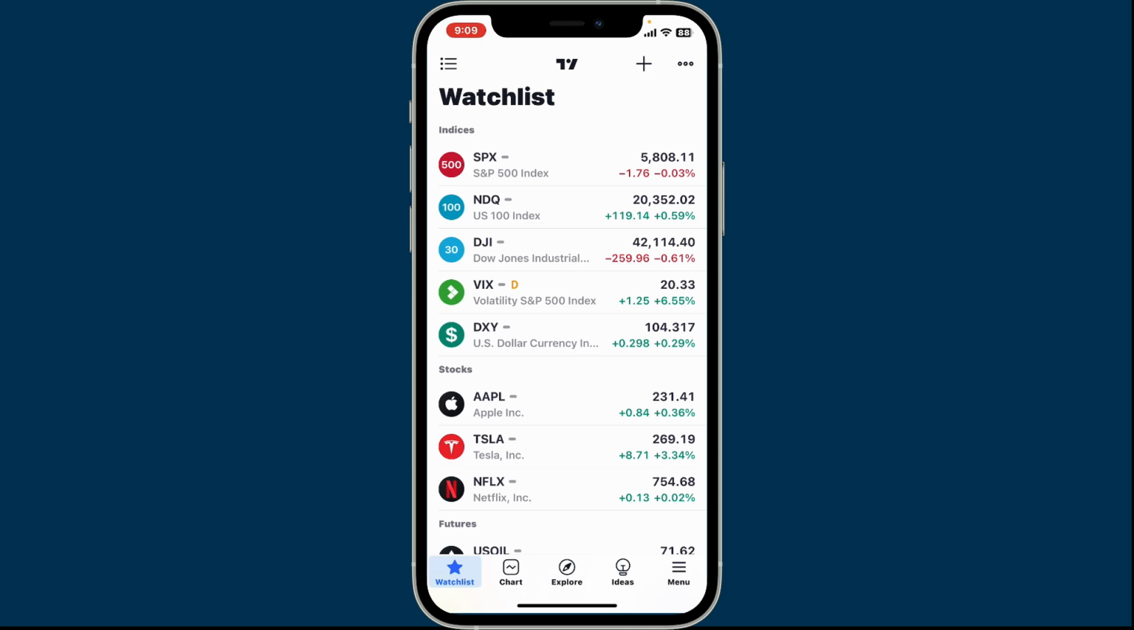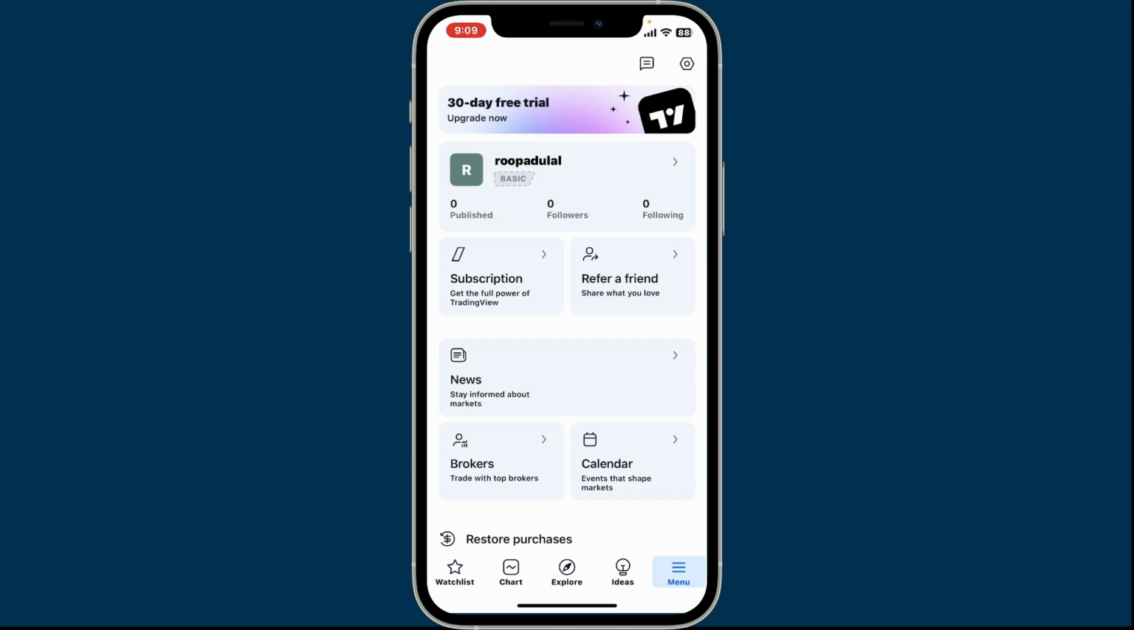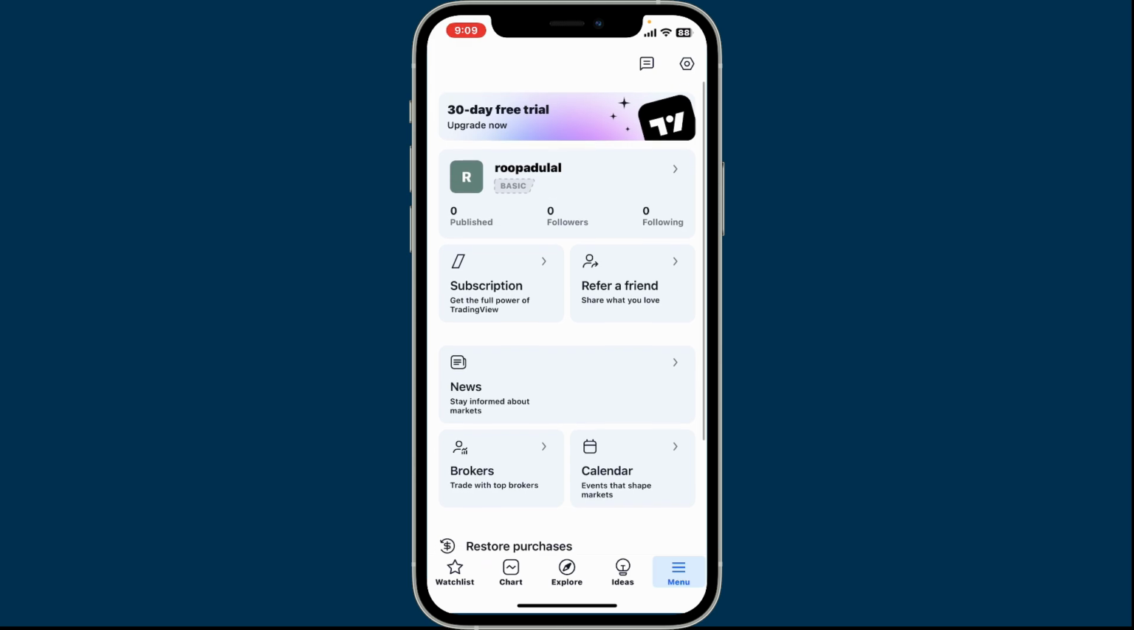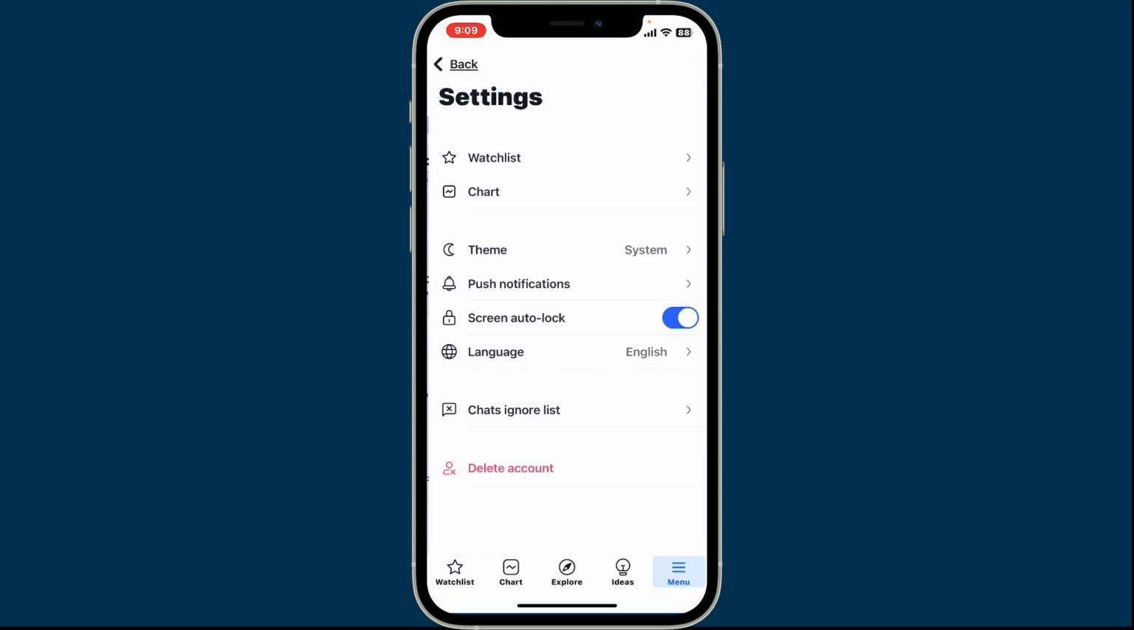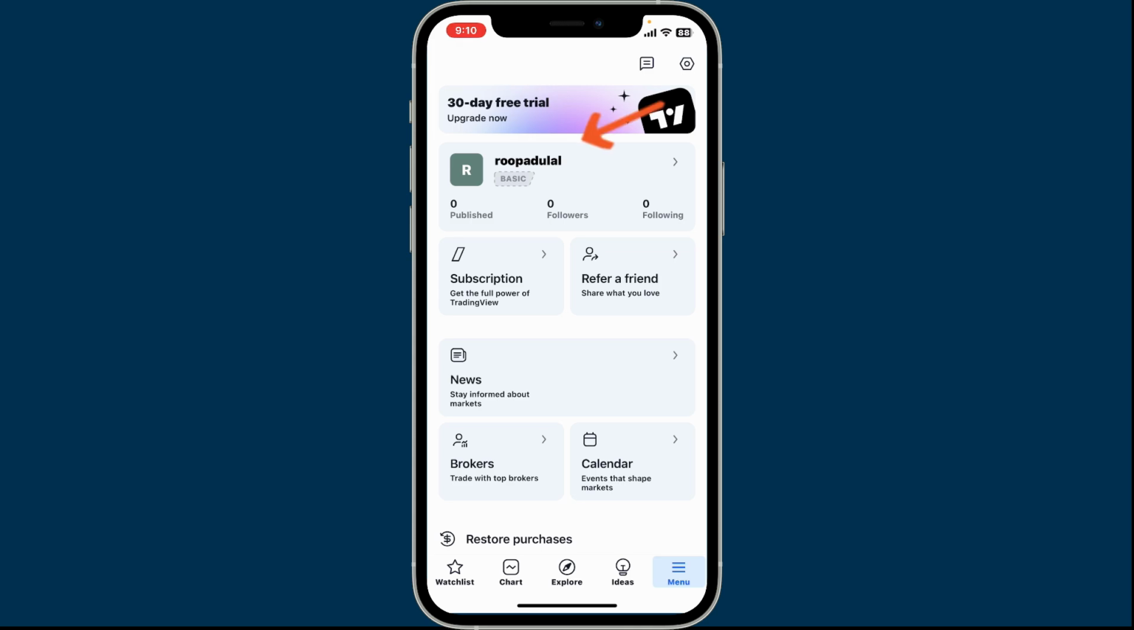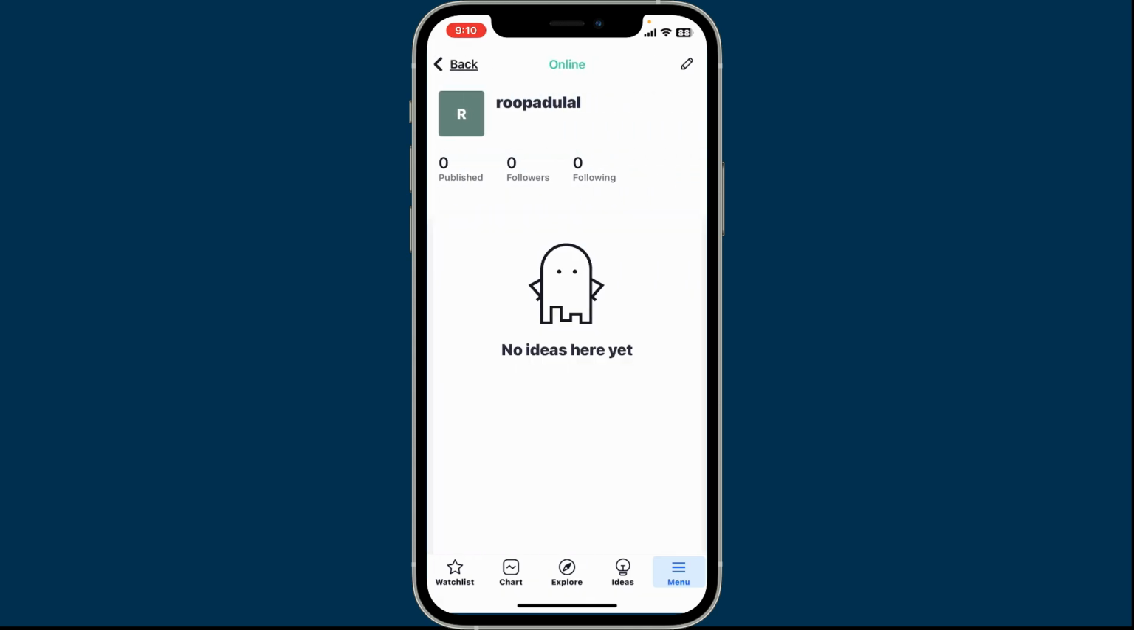your account. After you're inside the home page, go ahead and tap on the menu button at the bottom right hand corner on your mobile device. And once you open up your menu button, go ahead and look for your name appearing at the top. Tap the little arrow right next to your name, and then this will open up this page where you need